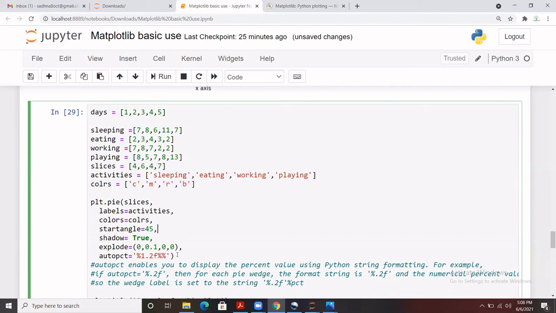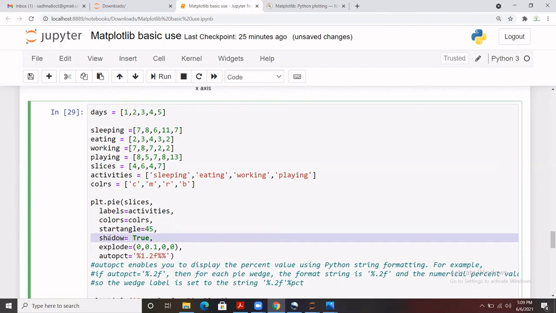And for plt.py, when you create the code or syntax for this, first I have created a pie chart, with the slices based on the values already mentioned. Labels are the activities that I already mentioned. And the start angle: when you're creating a pie chart, what would be the start angle for creating that? You can have 45, 60, 95, or 90, 60, 30. It's up to you what angle you want to have.